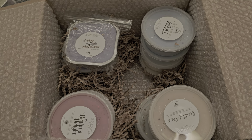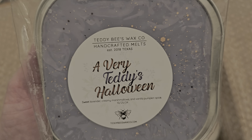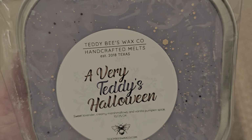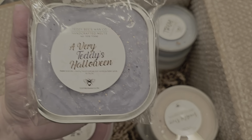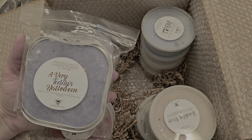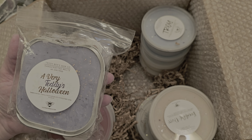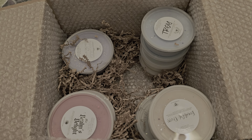Okay, Very Teddy's Halloween. This is sweet lavender, creamy marshmallow, and vanilla pumpkin spice. Eesh. Not sure how I'm going to feel about the vanilla pumpkin spice, but the others sound great. And once again, she knocks it out of the park. I'm telling you. I love this combo. Lavender, marshmallow, and vanilla pumpkin spice. Really? Who would have thought to put that stuff together? Man, so I get...